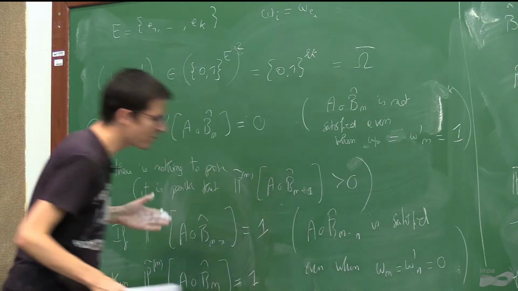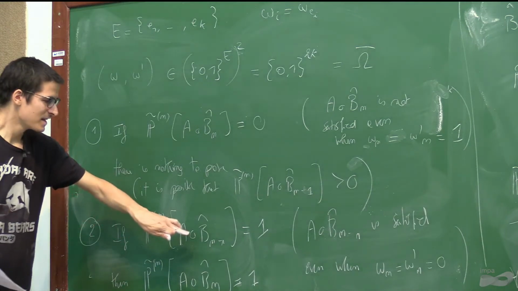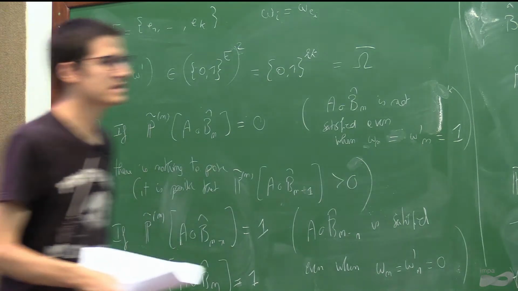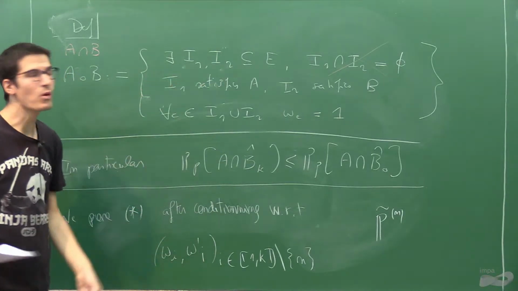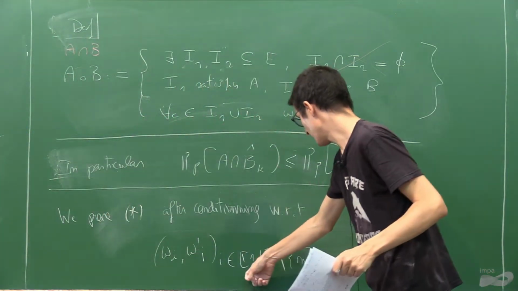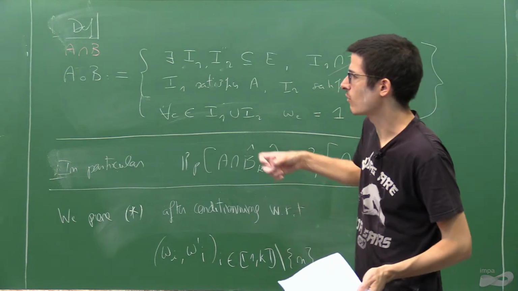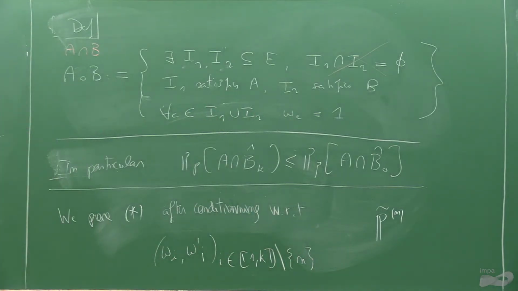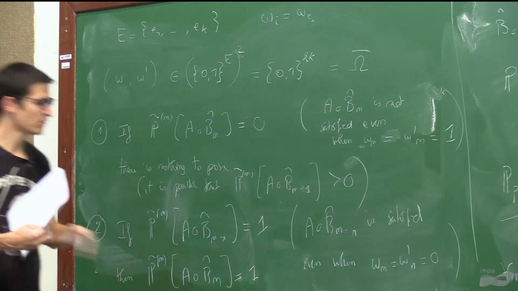okay, it's necessarily smaller, but in fact, this is also equal to 1. Okay, because if you have, okay, basically this means that in this collection of values, here you can find I1 and I2 both in the set, well, neither of them includes n. Okay, and if they work for one event, they will work for the other. Okay, but anyway, it's not really important. In these two cases, there is nothing to prove.